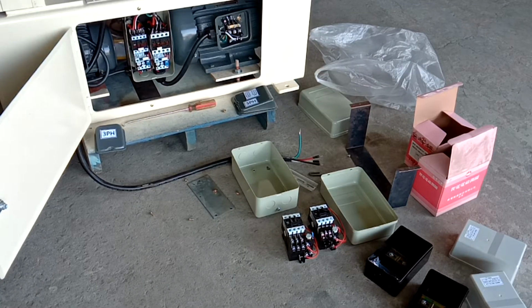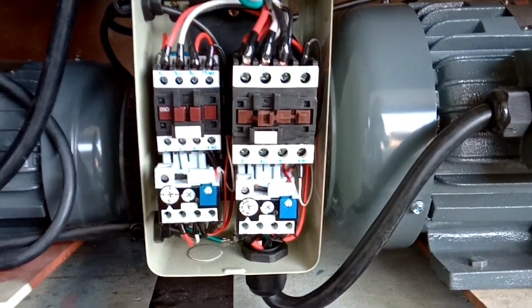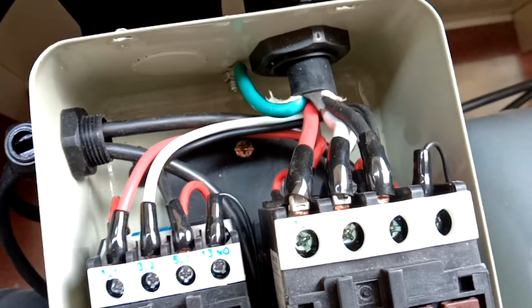Teach you how to fix the electric box here. And maybe he did not see the ground wire. Ground wire I lock on the other side. Here, over here, have two ground wires, and here, the other side, I lock the other side ground wire in here, and I teach you how to lock this,